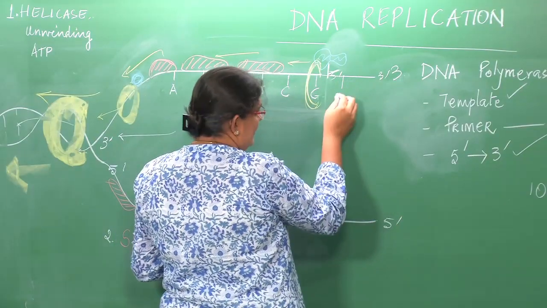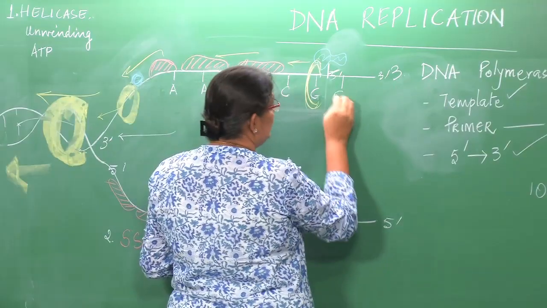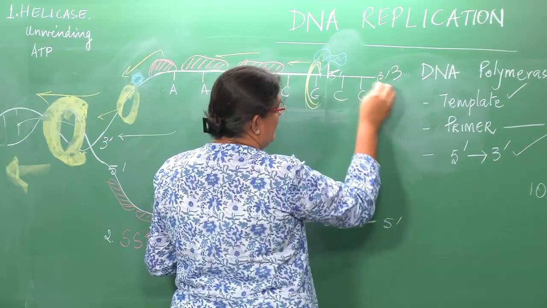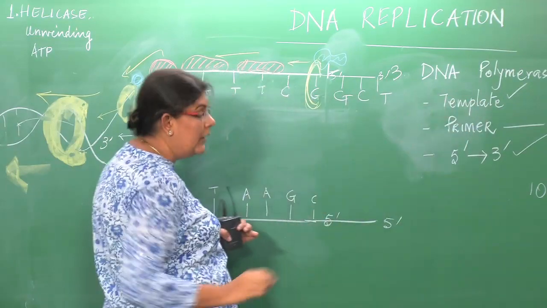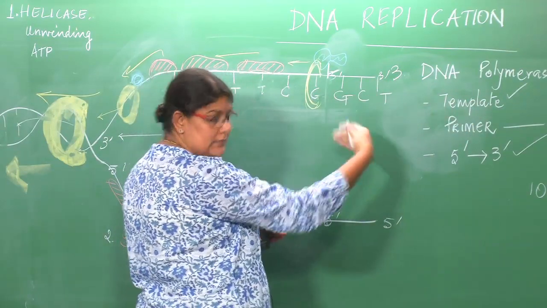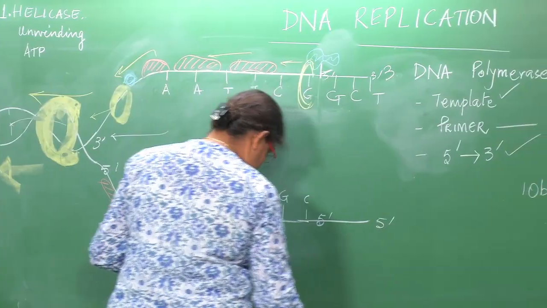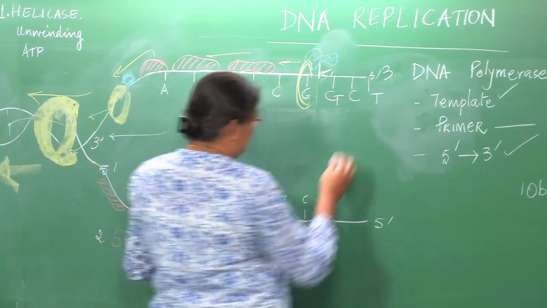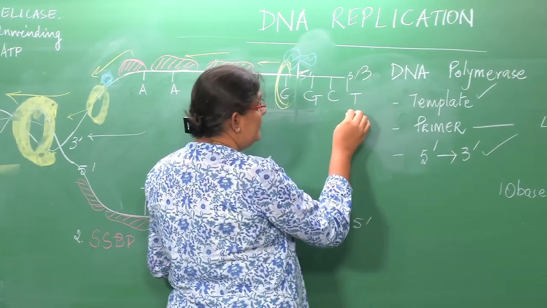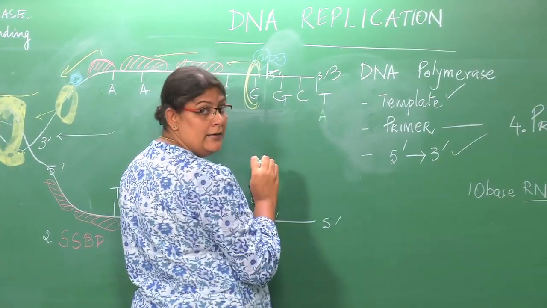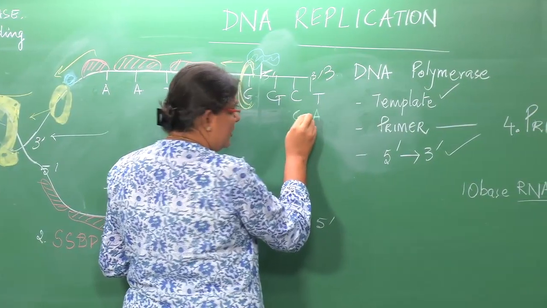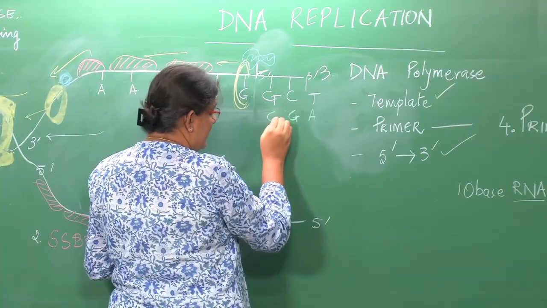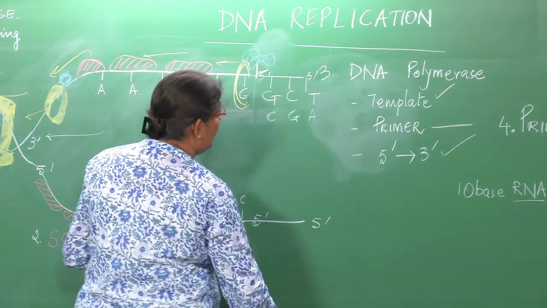There are, let us say, another set of bases here, G, C, T, so on. Okay. So, what it does is reads this, immediately synthesizes a small RNA molecule. T will always pair with an A, right. C will pair with a G, G will pair with a C,